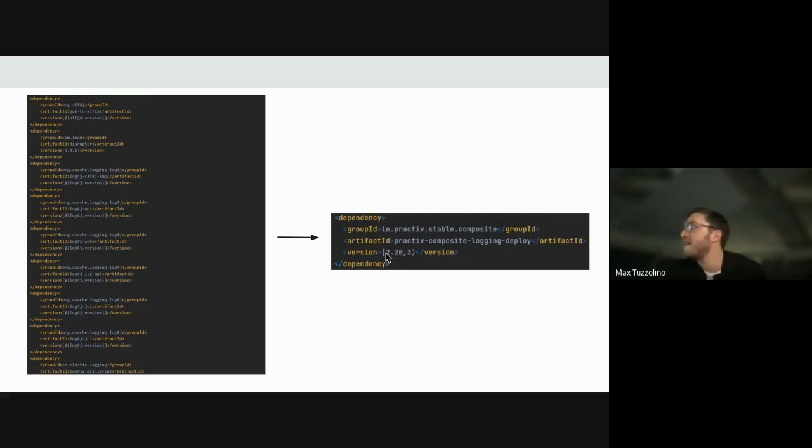So a lot of people aren't using version ranges as much, but basically that allows you to roll out a composite, and you can choose it to be a non-breaking change, as a bug fix, versus actually bumping the range. That allows us to grow with microservices that are still running on an old version of, say, the logging, and some newer ones that are using a new generation of the logging. So it allows you to roll out changes piecemeal,